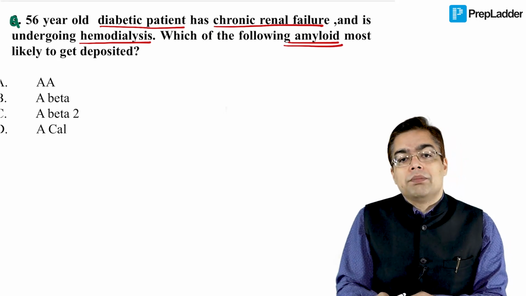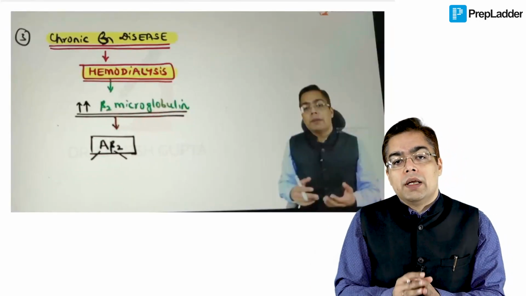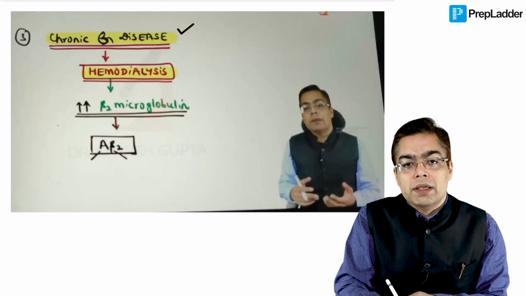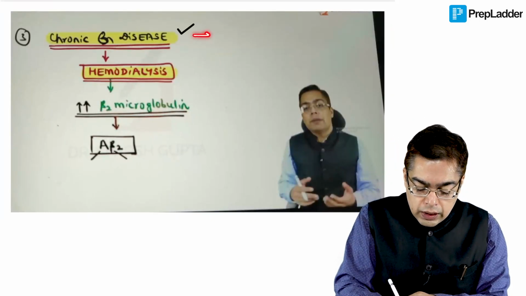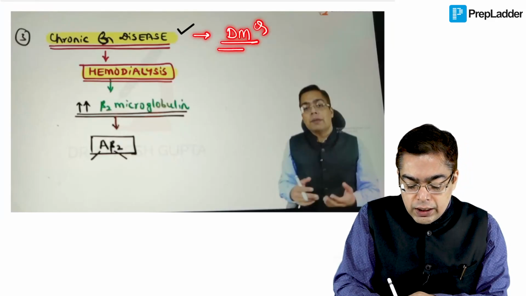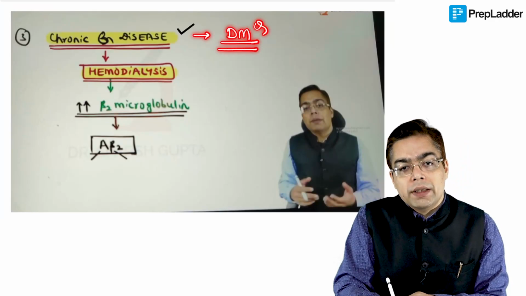Now again, an example of a direct repeat question from our main app section. I did talk about the fact that they would be giving you a question on chronic kidney disease. We understand from our discussion of nephrology that the commonest reason for chronic kidney disease in India and globally happens to be diabetes mellitus.